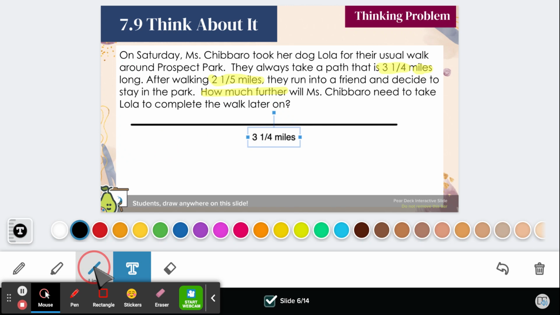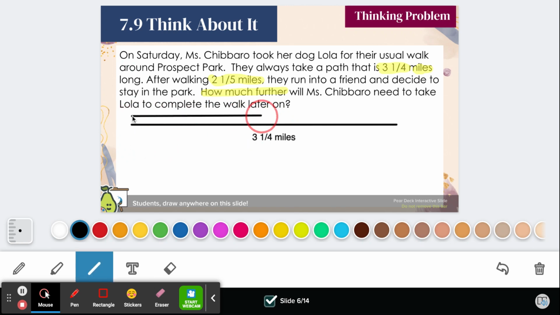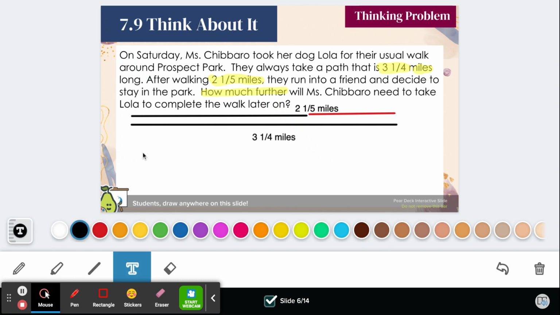But they only start off by walking from here approximately 2 1/5 miles. So they've walked 2 1/5 miles. I need to know the distance from here to the end of the path. So I'm looking for how much is left. So in order to do that, I'm going to have to subtract. I'm going to have 3 1/4 subtract